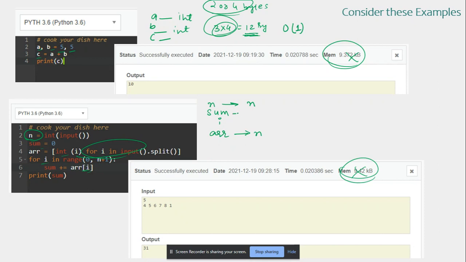Okay, sum is going to be an integer, so let us consider 1 unit of space, and because it is constant, we can just continue, so consider 1. i is again an integer, it's going to take 1 unit of space, whatever byte it is going to consider. Okay, we are ignoring the constant and considering any big number, right? So what you can see over here, the complexity will be big O of n.